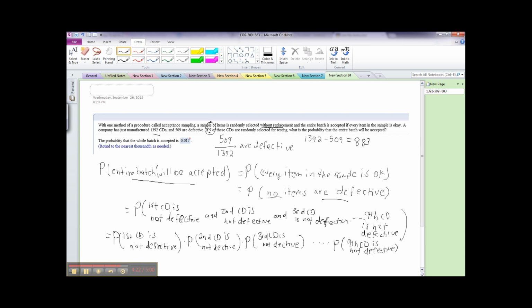Okay, so what is the probability that the first CD is not defective? Well, remember that 883 out of the 1,392 are not defective. So we know that the probability that the first CD is not defective is 883 out of 1,392. Now, because we're going without replacement, that means that the second time around there are only 1,391 CDs left. And if we want